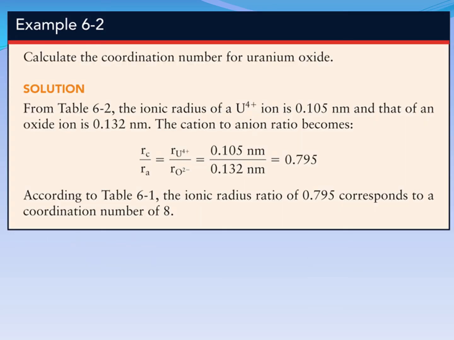This I think is a repeat of the previous one, but just for this AmXp type, right? So uranium 4 to oxygen, right? That is why 1 of uranium to 2 of oxygens were there. So the ionic radius of this one is this, the ionic radius of this one is this. This is 0.795, and if you go back to the table, this is more than 6, right? This is more than 6, so the coordination number here is 8. The coordination number here is 8.